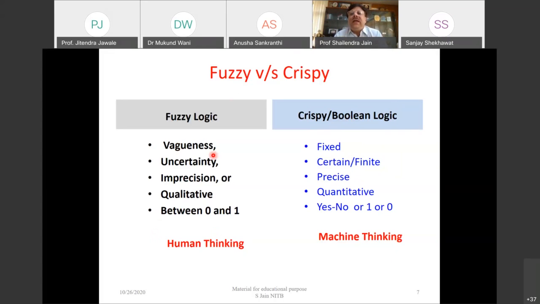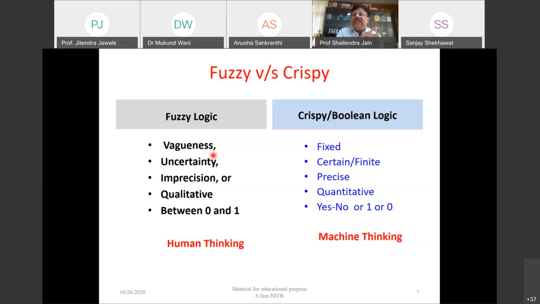Say, for example, if we take the example of a washing machine, how much water is to be added? Now the answer cannot be 10 liter, 15 liter, 20 liter, isn't it? Whereas crisp logic will give you exactly how much water to be added: 15 liter to be added, 18 liter to be added. Whereas how do we actually do it? We have to add water till all your clothes are submerged in the water. So we are experienced enough. We start pouring the water and we observe. As soon as we see all the clothes are submerged in the water, yes, now we can say stop pouring the water into the tub.